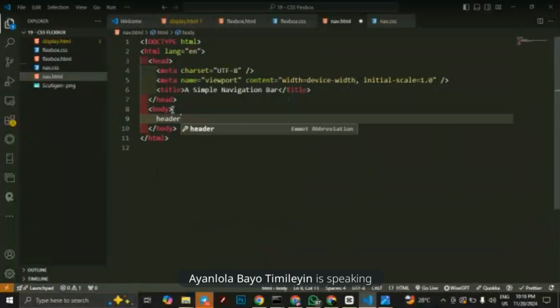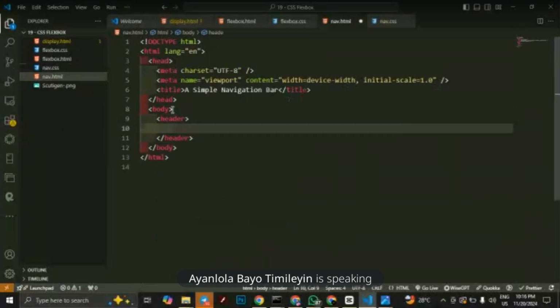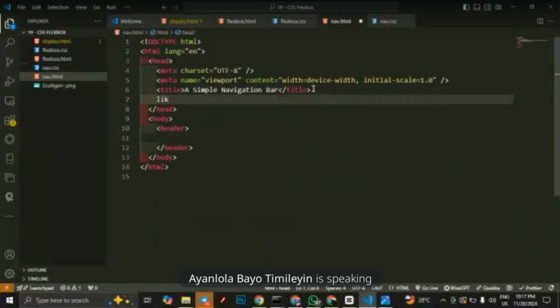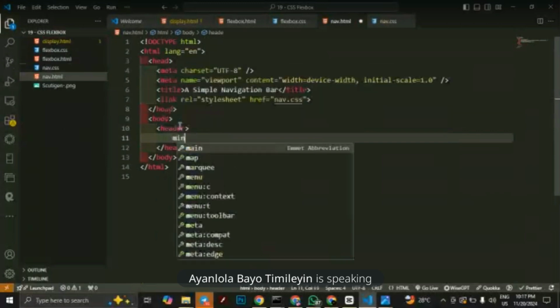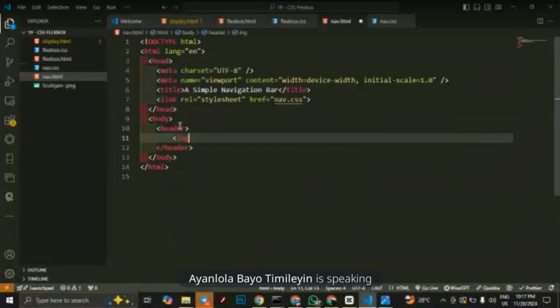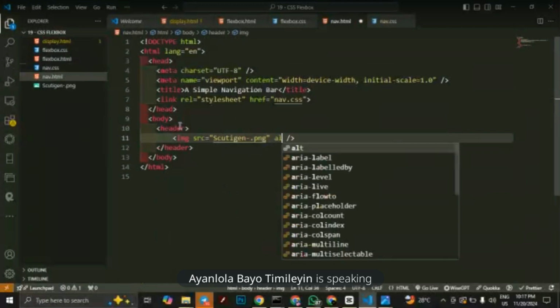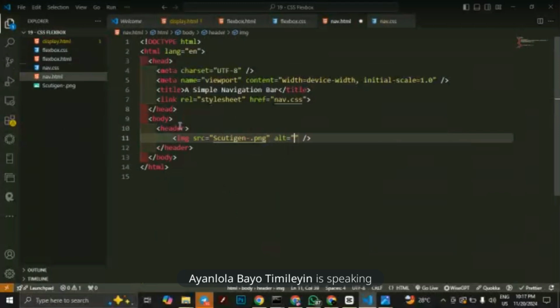right in the body we're going to have this header. So I need to include the extensions too as well. So now the CSS, the body. So I have an image, the logo, Scottigen logo. So I will use img. Remember, img tag is a self-closing tag. Then the src, which is the source. So Scottigen.png, and then alt, of course, we need the alt,